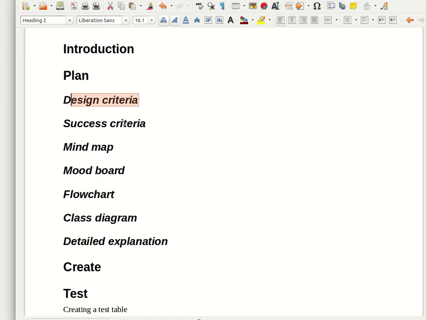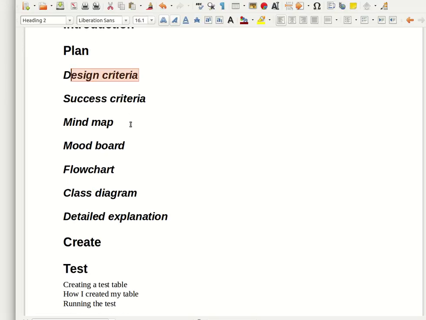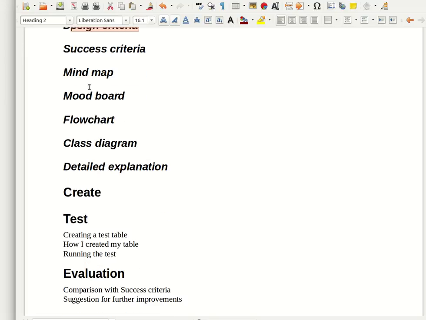That could lead straight into the success criteria. How will you decide that your project is successful? Put that into your plan. I then told you in a previous